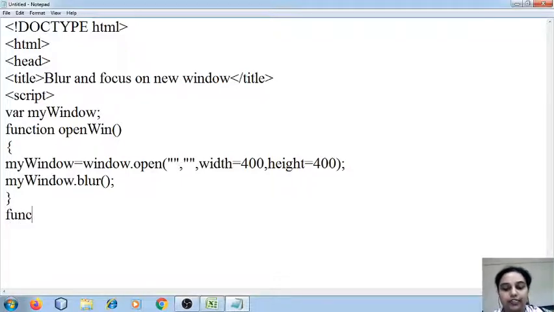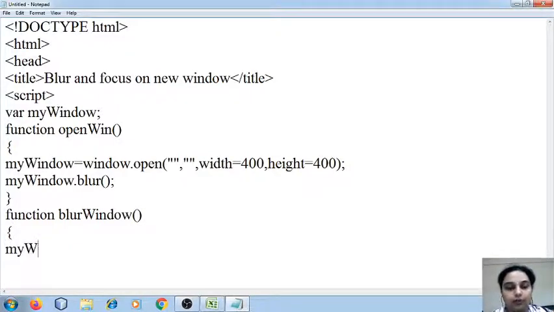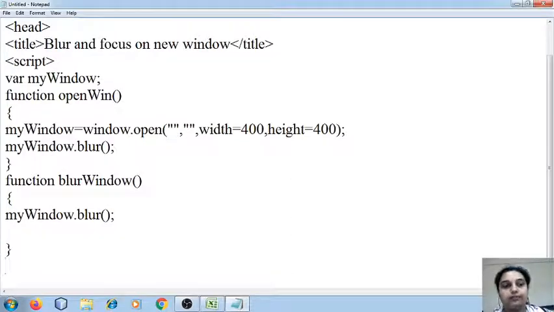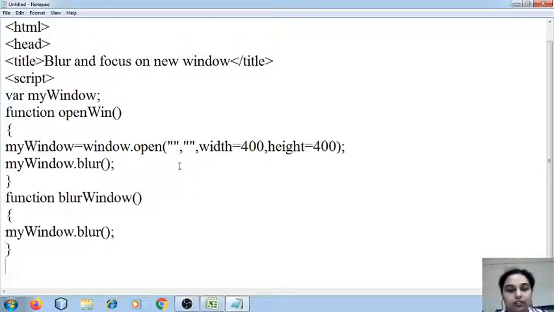Now I'm going to create one more function, blurWindow, and then I'm going to write myWindow.blur. Why have I written the same thing over here?